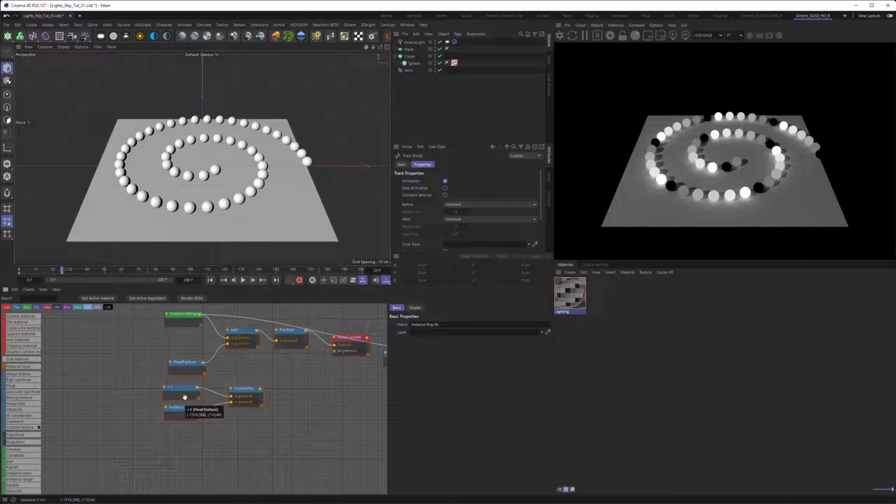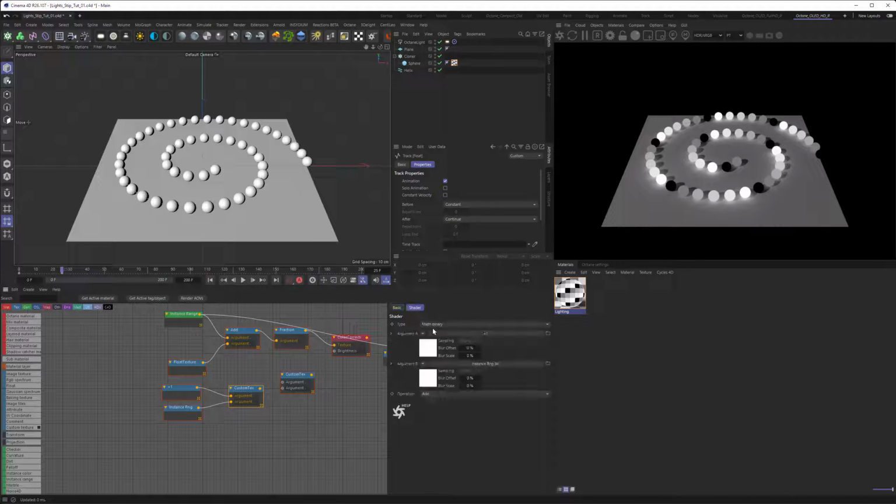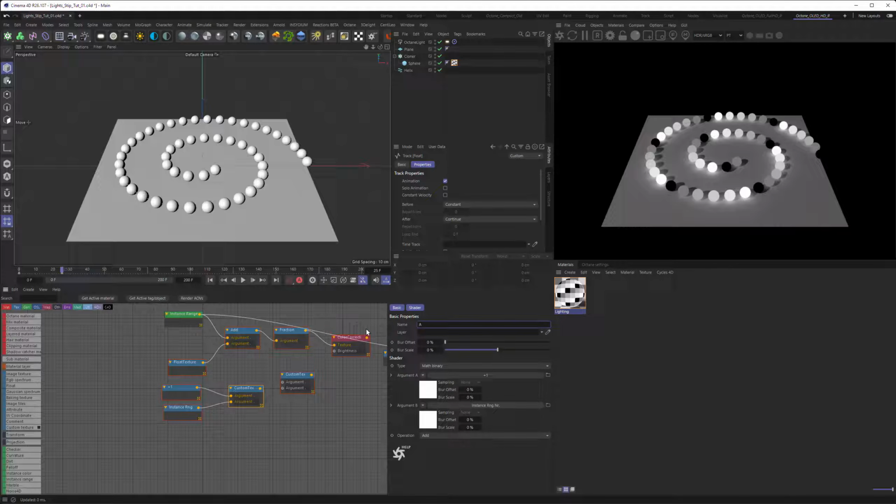Now the next step will be that I want to divide 1 by whatever comes out here, because we have a range from 0 to 1, and if we divide 1 by the range here, you can get this number. So we will duplicate this node once more and call this add. Let's see, add, and call this one here divide.